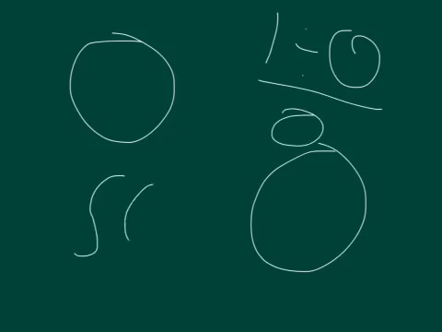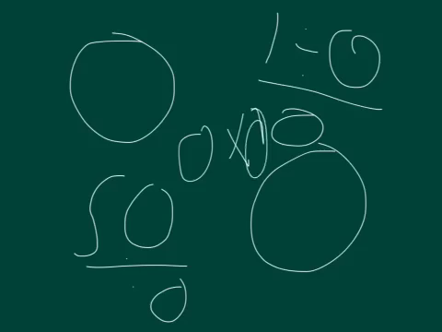The last divisibility rule, I believe, is divisibility by 0. Anything divided by 0 is 0. Basically, if you have 1 divided by 0, it's going to be 0. Anything divided by itself is 1, but anything divided by 0 is 0. So, let's say 0 divided by 0 equals